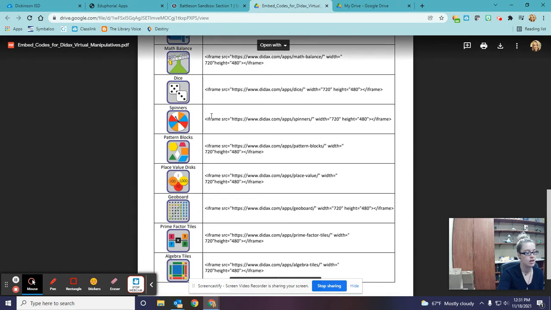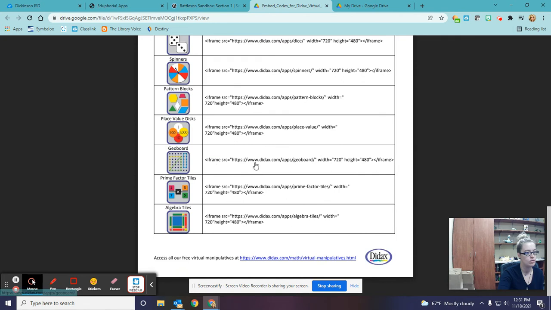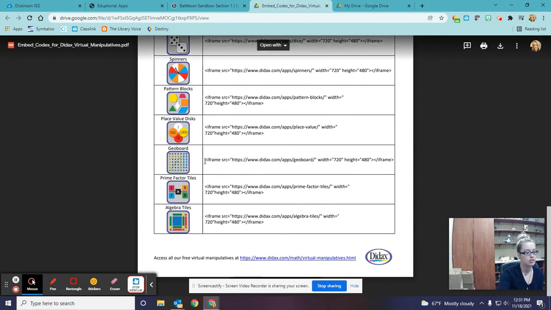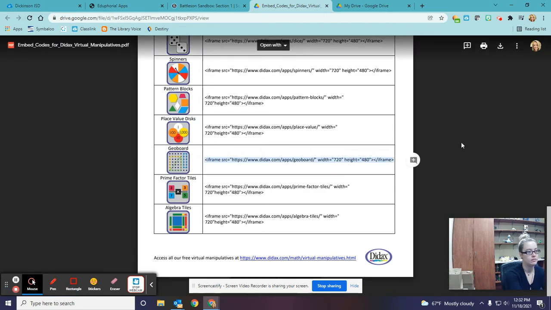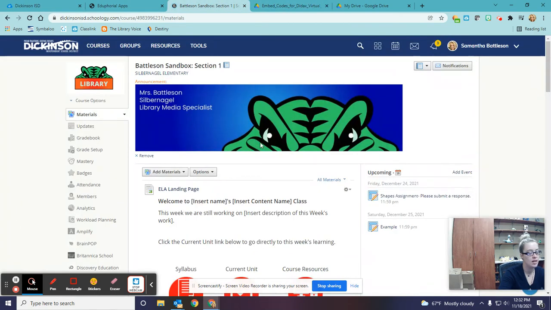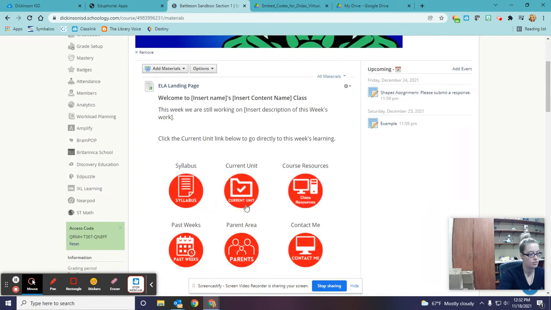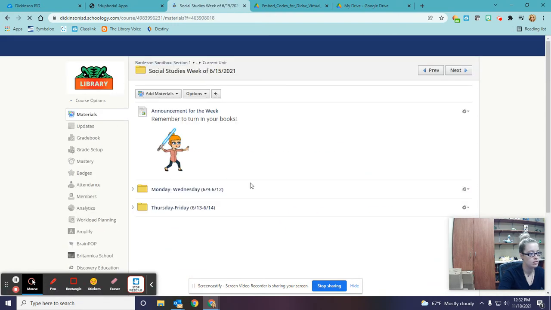You could use this for helping them create choice, geoboards. I think I'm actually going to do a geoboard because I'll have a lot of fun playing with that. So I'm going to grab this embed code. And then when I go into Schoology, I'm actually going to add this one as a page, and I'm going to put it in the right place. So let's say I'm doing this one,